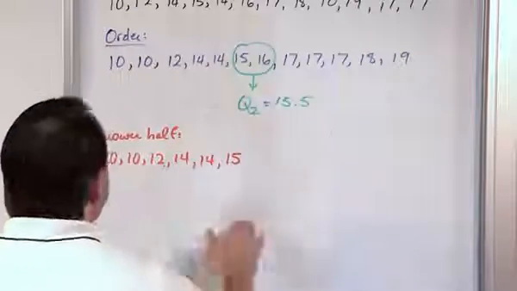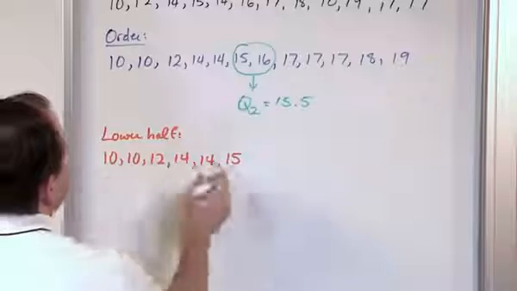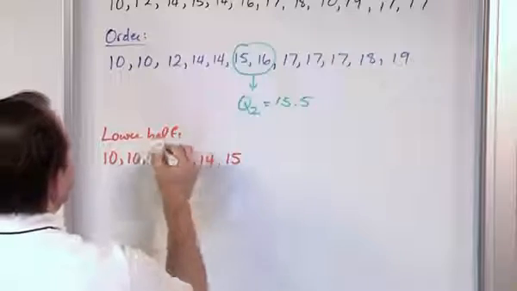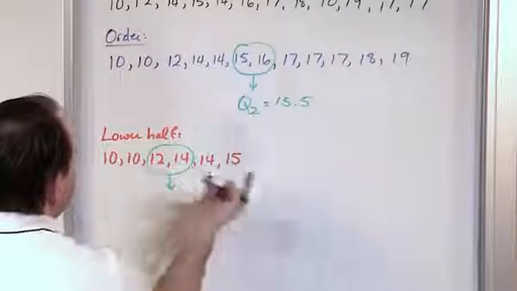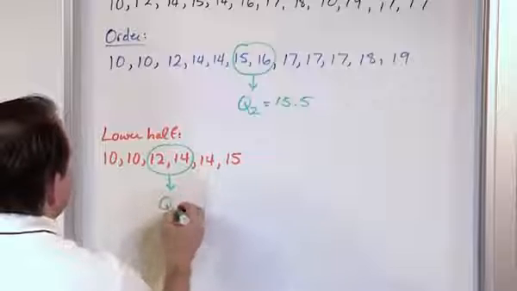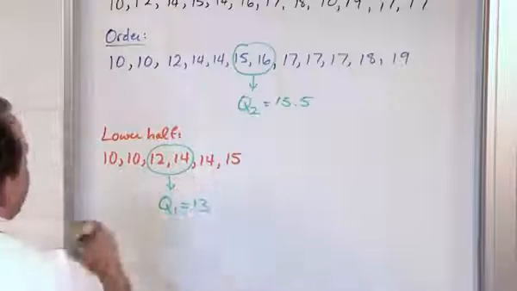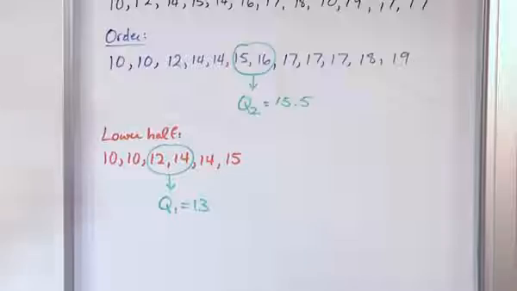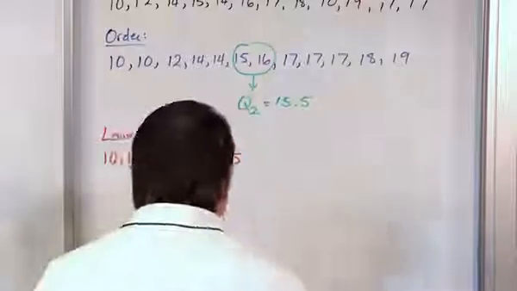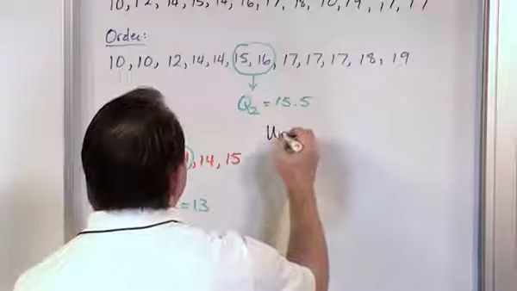So then we go and look, what's the median here? And we see we don't have a single number in the middle. We have 12 and 14, and you know that the average value between here is just 13. That's halfway between 12 and 14, so that's the first quartile. Now finally for the upper half,